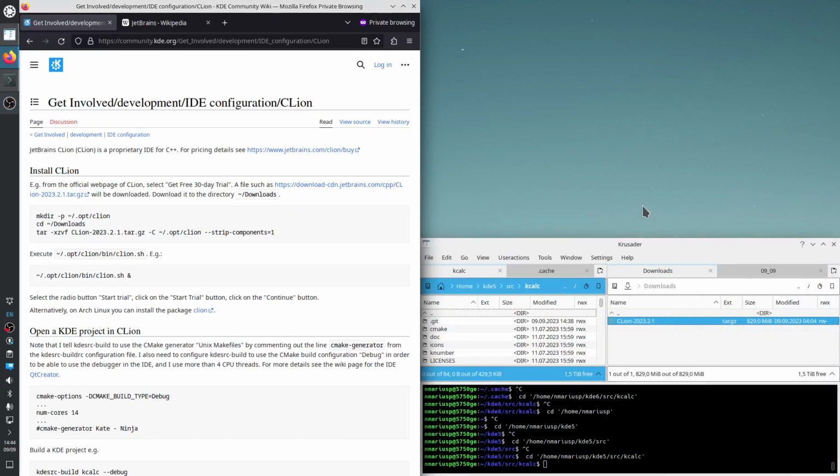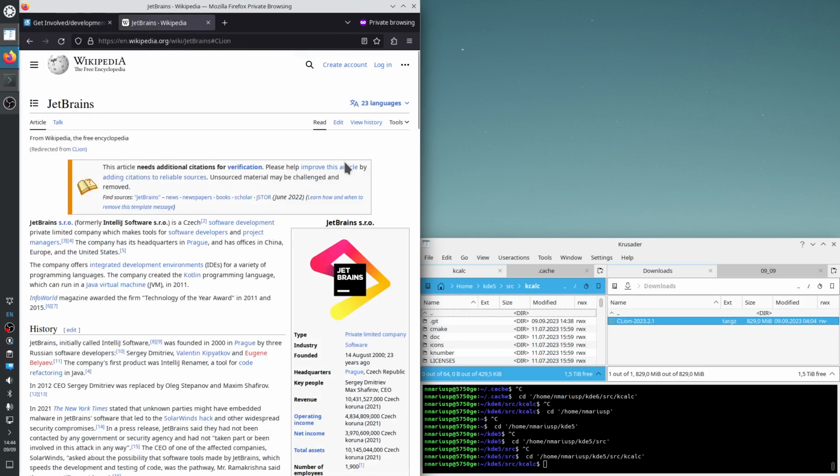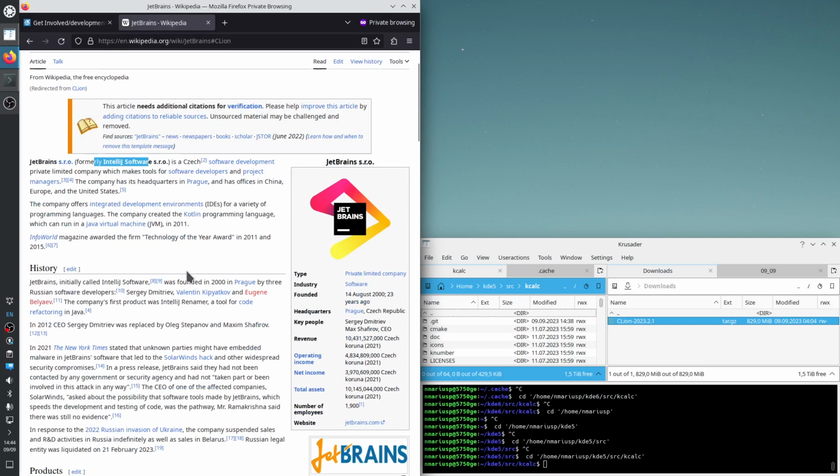Hello, today we are going to talk about how to program for the KDE community using the integrated development environment named JetBrains CLion. So JetBrains has a suite of integrated development environments using a